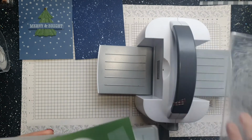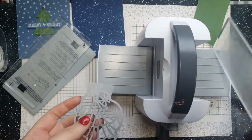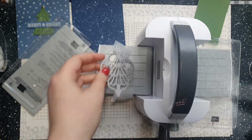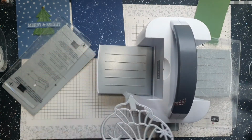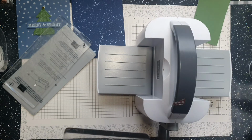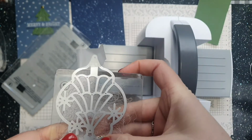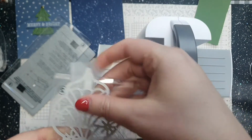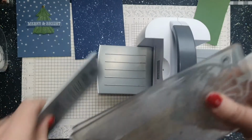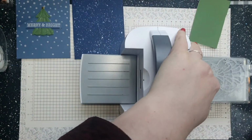And I've just remembered something. So I said last time that it really isn't a good plan to cut the tree first, because then you are trying to push the tree out and put it onto the card at the same time. So what you actually want to do is to do your sparkly thing first. And what I'm actually going to do is just add that there, because I don't want, oh, I want a star actually. So I'm just going to add that there and run that through at the top, because I don't want the whole amount. So what happened last time, and I did realise this, is because I'd run the tree through first,